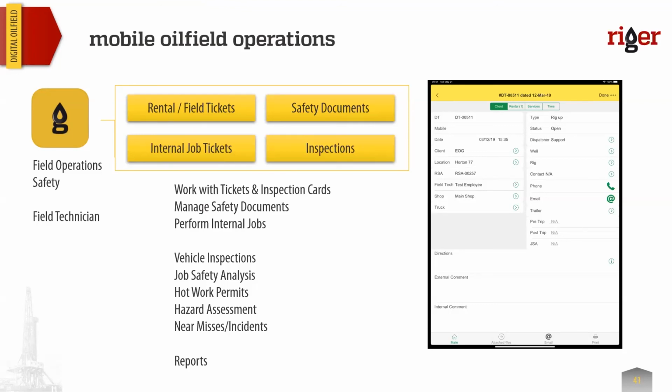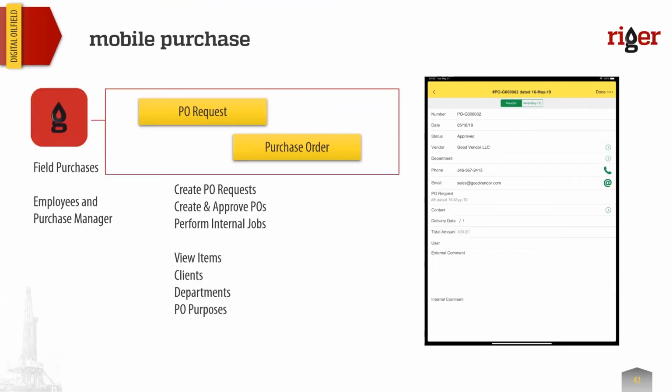We also have reports in this application that focus around the list of the rental tickets, field tickets, and the rental units. So let's move on to the next slide and talk about the third mobile application, which is mobile purchases. The main focus of this application is to provide the field personnel with the ability to request a quote or